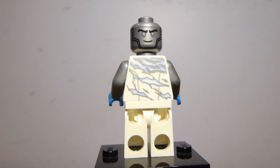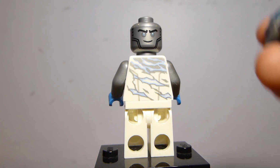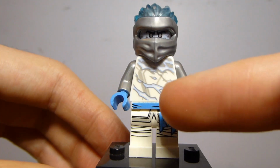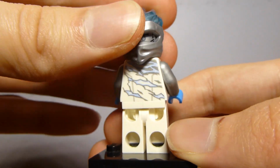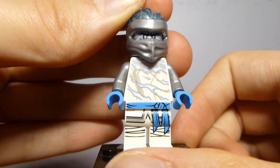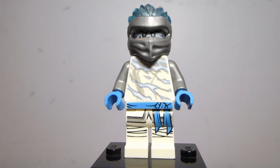That's really cool. And then his mask is the silver and Trans-Light Blue. That's also a pretty decent color scheme. I think this blue might be a little bright, but other than that, the color scheme here works pretty well. And I guess we can show you what the other face looks like with the mask on. Nothing too crazy, and this is definitely a better look. It fits in with the Forbidden Spinjitzu,